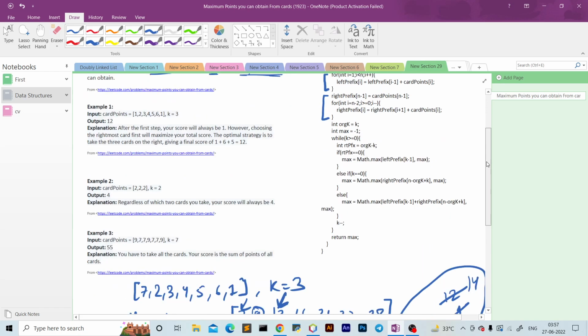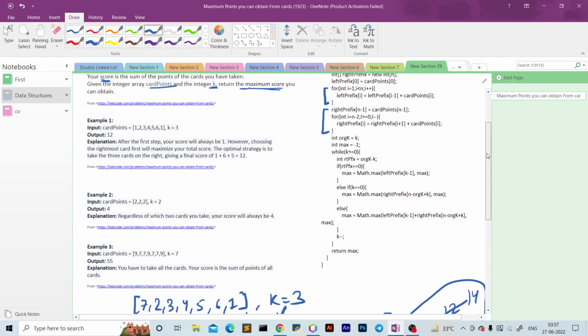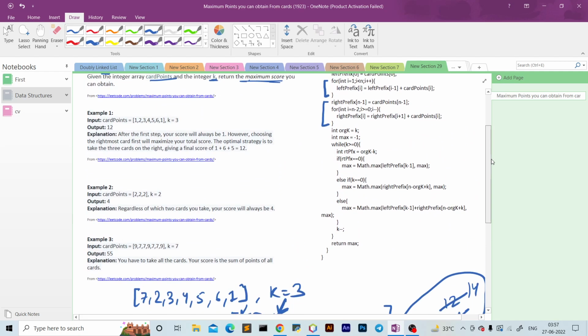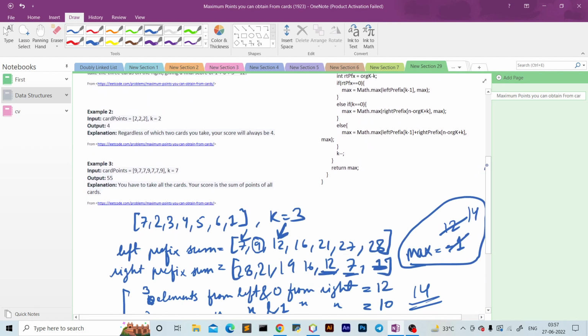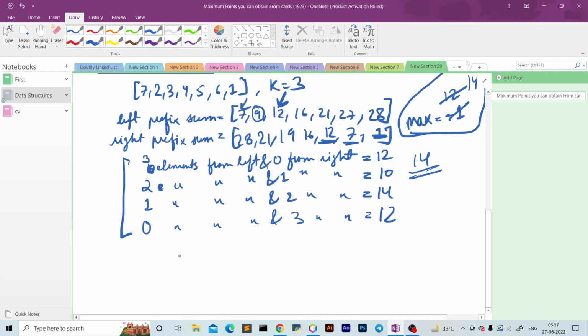So these left prefix and right prefix can basically be calculated by, so let's say for left prefix, for the 0th index we would simply keep this 7 of this input array, and then for the next elements we would add this previous sum plus this nums, so it would